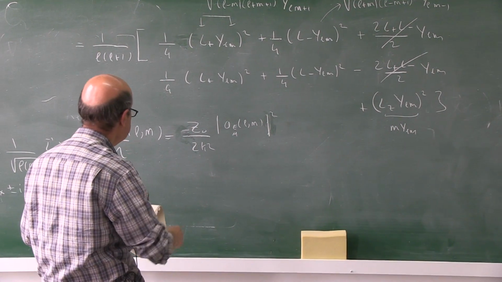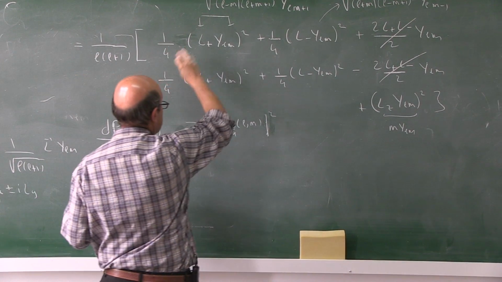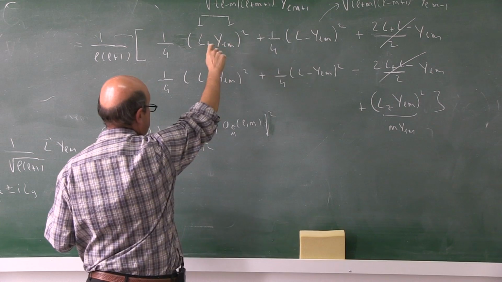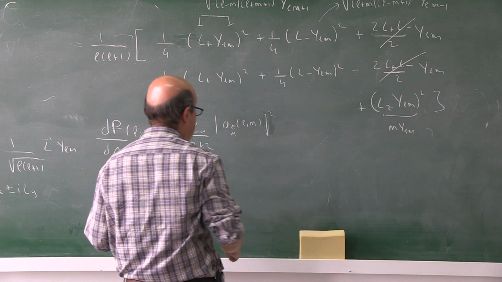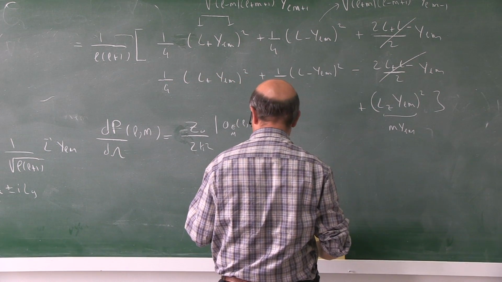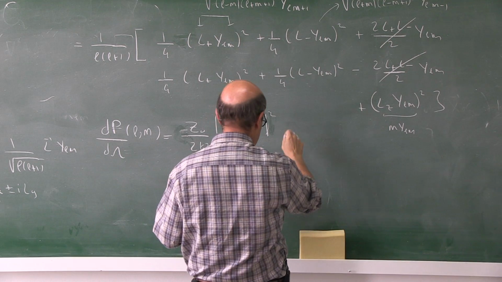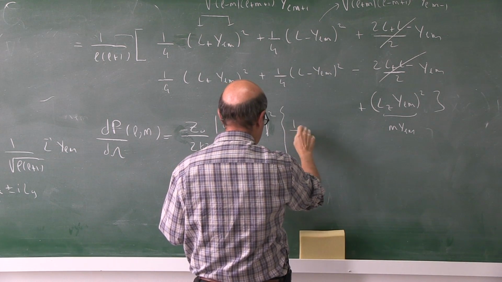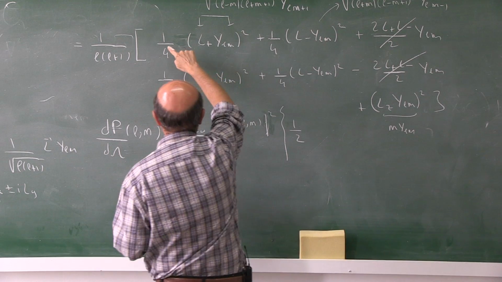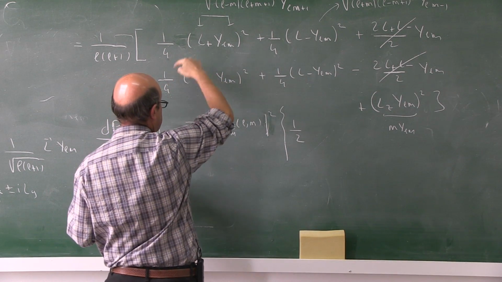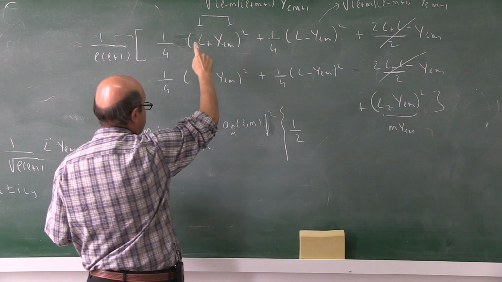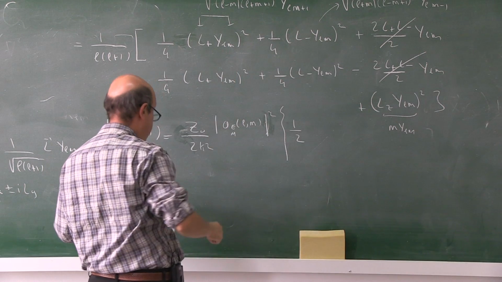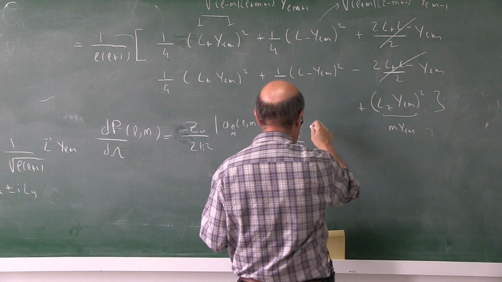And the rest will be 1 over 2 of the square of this term. You have to take the square of this, and you have to take the square of the other term. So basically, you will get the following. Open a parenthesis, 1 over 2, because you have 1 over 4 here and 1 over 4 here. If you add them up, that will be 1 over 2, and taking the square of that will